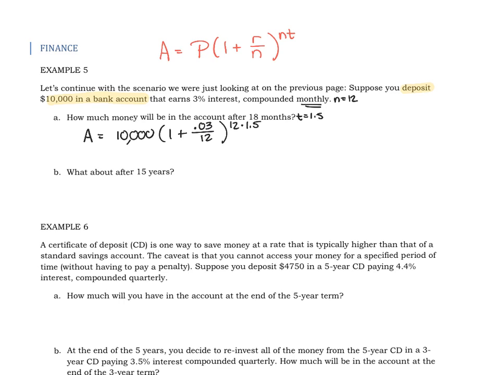So 12 times 1.5. Now, as you're going to enter this into your calculator, I strongly recommend that before you enter anything, you go ahead and do 12 times 1.5. That is 18, and then enter the expression into your calculator. Otherwise, you can get into trouble in terms of whether or not you need parentheses around that exponent, and some things will go a little bit wrong. So I would go ahead and multiply out that exponent, then type everything else in using the parentheses as necessary,